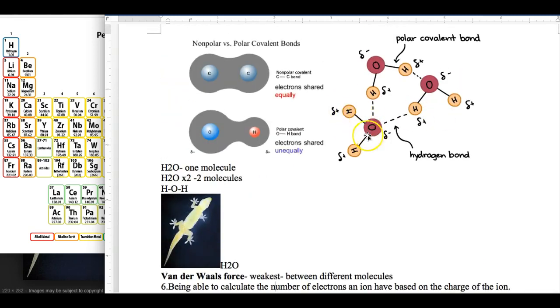H2O, this bond right here and this bond right here, those are bonds within one molecule. This is one molecule, H2O. If you have H on its own or O on its own, that's not water anymore. In between, the attraction force in between, an example will be hydrogen bond. Between this water molecule and this water molecule, you have this attraction because of the partial negative on the oxygen and the partial positive on the hydrogen,